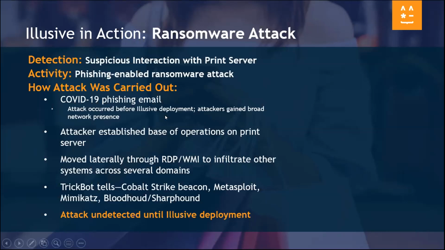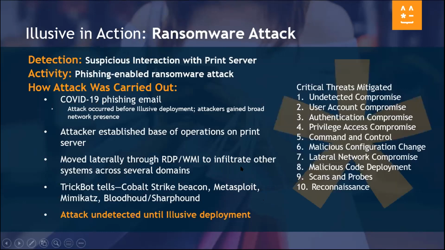What's interesting is this attack was targeting a work from home employee, and they did interact with the spear phishing email. That led to them getting a foothold in the environment, where they did escalate privilege through an admin account, compromising the print server, and then moved laterally, proliferating bulk encryption setups with the Ryuk malware hidden in an object that did pass the signature check with their endpoint protection. But essentially, the elusive engagement with the deceptive artifact led to this detection and led to the stopping of the carrying out of the bulk encryption exercise